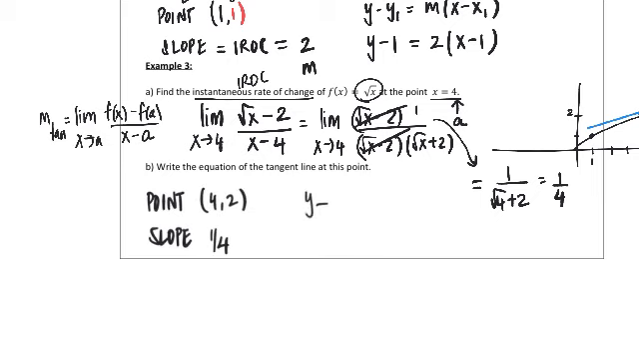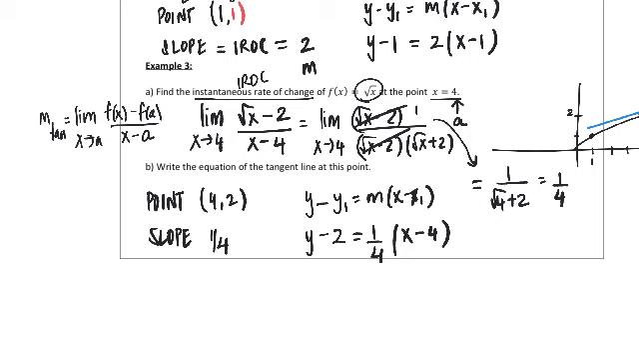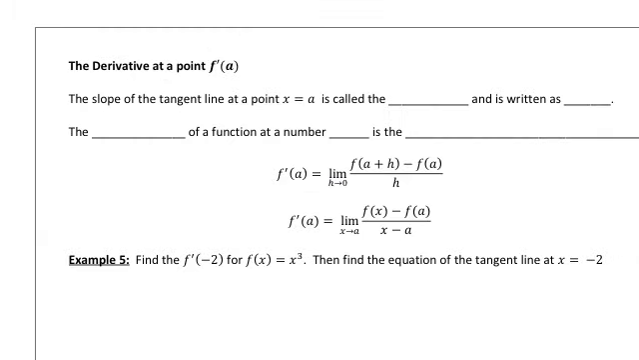So y minus y1 is equal to m times the quantity x minus x1, and we get y minus 2 is equal to 1/4 times the quantity x minus 4. That's our answer. Okay, so all of this leads us to the first big hurrah of the course, which is